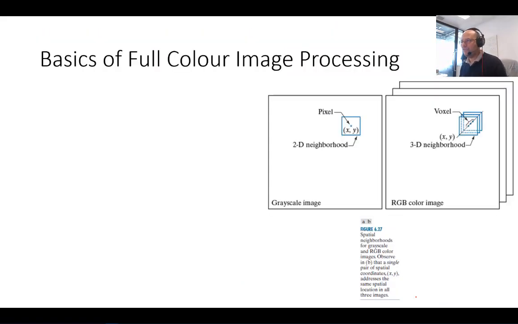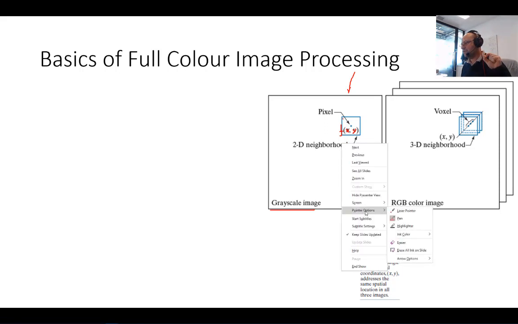The basics of full color image processing is that on the grayscale image, I said we work on matrix manipulations, where each pixel is represented by its XY coordinate, and the function of XY is the intensity of the pixel. There is one particular notion that we have to understand,